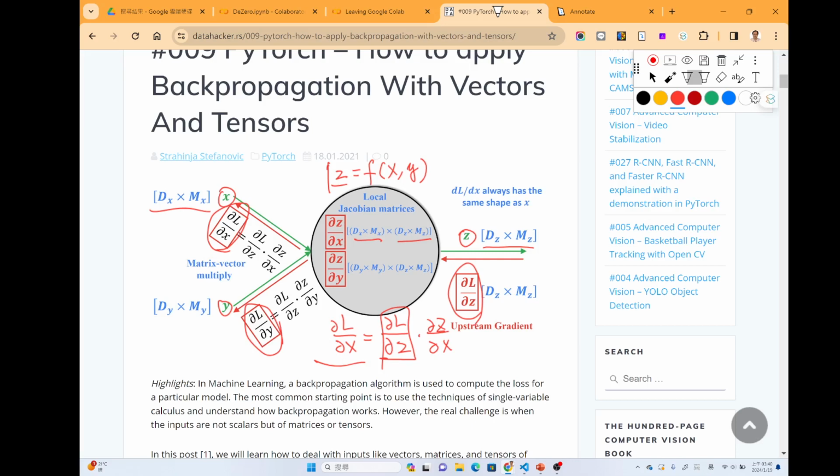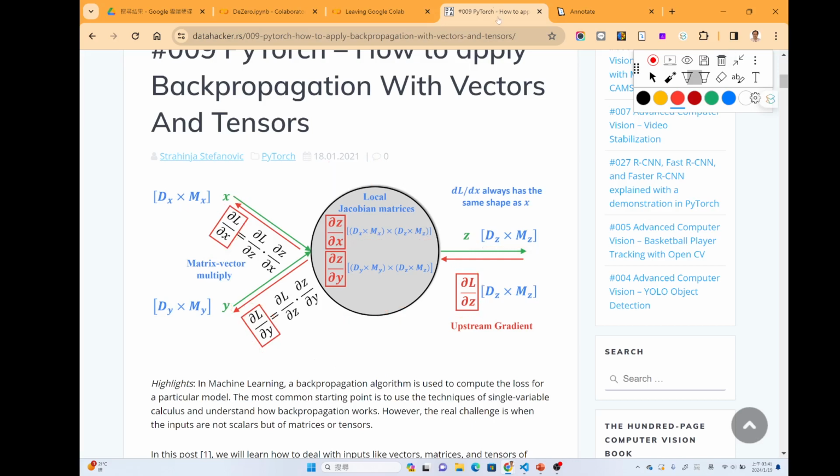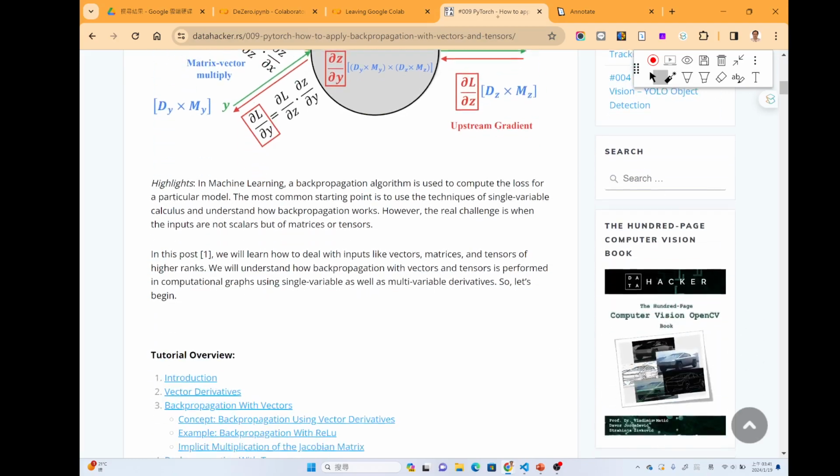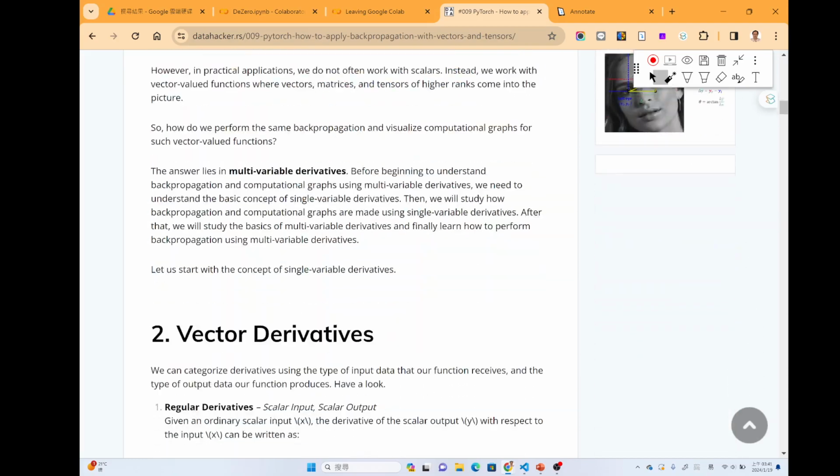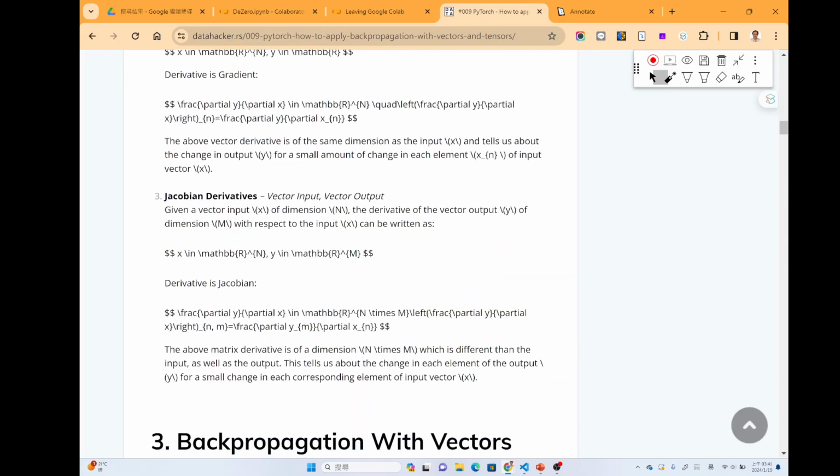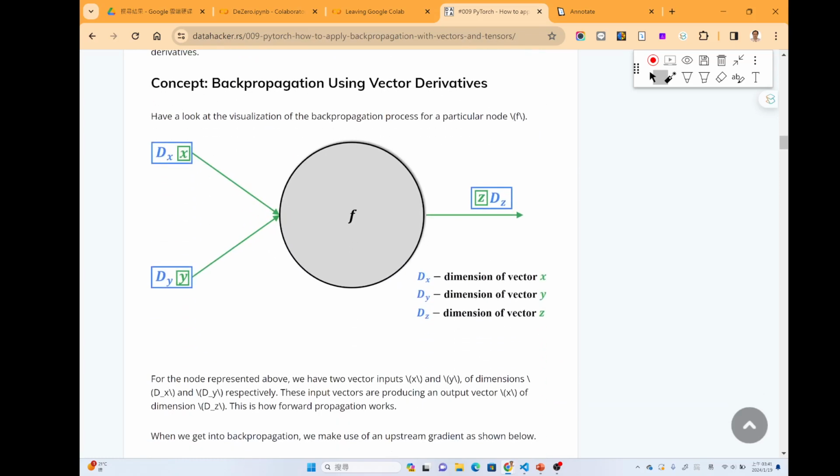But this is still a very complex formula. So let's start from a simple case, so that we can learn how to calculate the derivative of an arbitrary function. Let's check the first case, the simplest one.